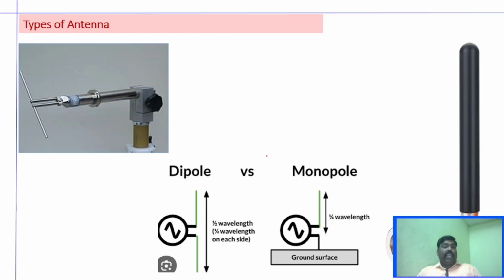So as I said, this is the dipole antenna, where the dipole antenna is fed from the center, where you will be having equal length at both the sides, and the total length will be 1 by 2. The total wavelength of this particular dipole is like 1 by 2 of wavelength. Whereas monopole antenna, it is only one element, the other part will be ground. You can see here this is a good example for monopole antenna. You'll have a ground plane, and then you'll have this particular element, which is lambda by 4.